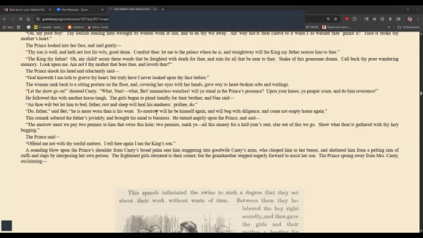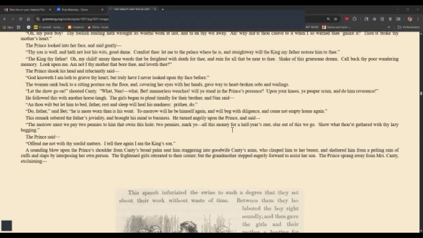Rest and sleep will heal his madness. Prithee do." "Do, father," said Beth. "He is more worn than is his wont. Tomorrow will he be himself again, and will beg with diligence, and not come empty home again." This remark sobered the father's joviality and brought his mind to business.